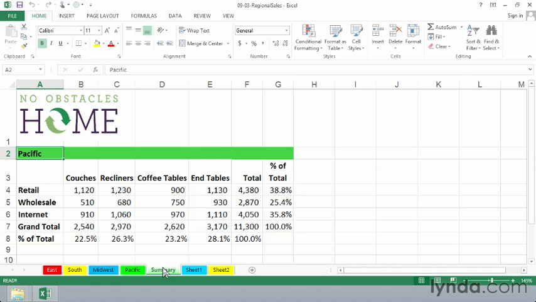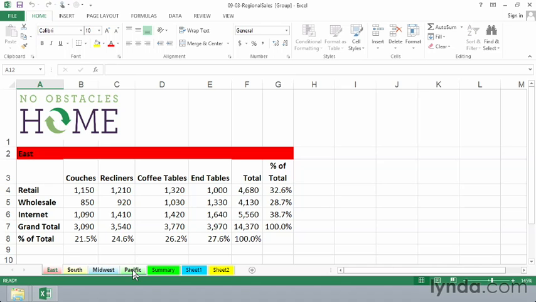And you can also copy multiple sheets. Now, maybe we're going to be experimenting with this data here. We're a little bit concerned. Could we make copies of these? We can select multiple sheets. Let's click the East sheet, and with the Shift key held down, let's click Pacific. If we now drag the East sheet rightward while holding down the Control key, we're going to make a copy